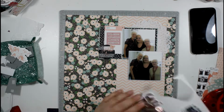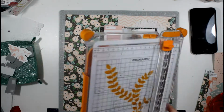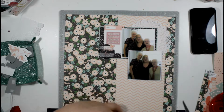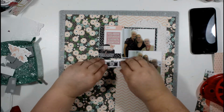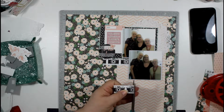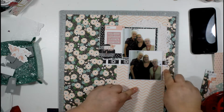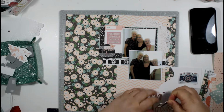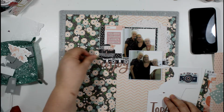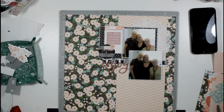Yeah, I'm sure it's Whimsical. And then I'm wanting to think about my title, and I'm going to use the lovely rose gold thicker phrase stickers from the most recent Indigo Blue kit, but I just wanted a border underneath that top photograph first. So adding a row of those lovely cameras, and then adding the rose gold title onto that. I think it just gives something to ground it to, rather than just popping the title over